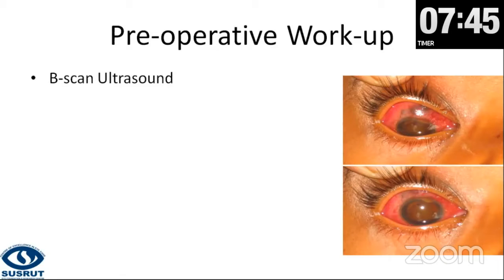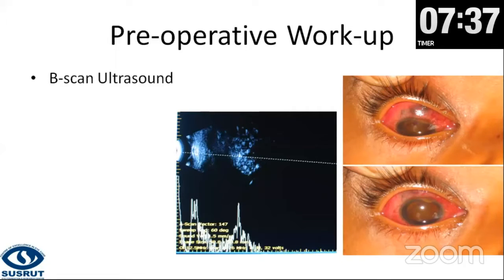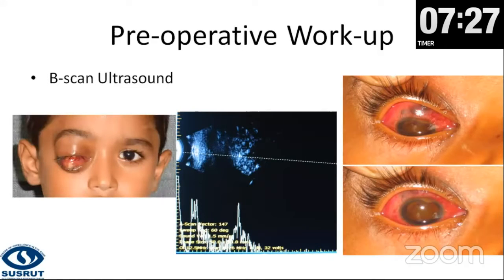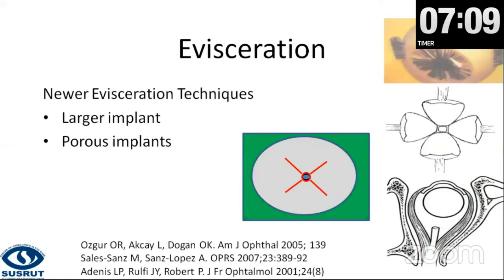So these are pictures of a child who presented in this manner with vitreous hemorrhage, but there are cells in the anterior chamber, and ultrasound shows an intraocular mass with calcification. You would definitely not do an evisceration in such a situation, right? And sometimes mistakes happen. So this is a child who had an evisceration following what was thought to be an endophthalmitis, and this is what happened a month later. Which is why we keep stressing that please do an ultrasound in all your patients. Even if the patient has a trauma or a perforated ulcer, do a gentle B scan, rule out an intraocular mass.